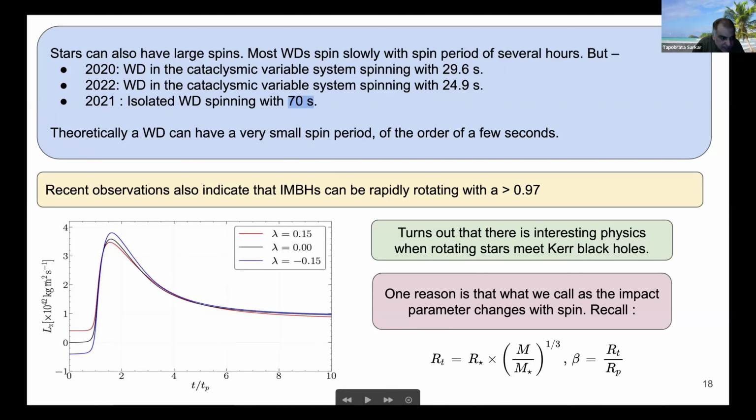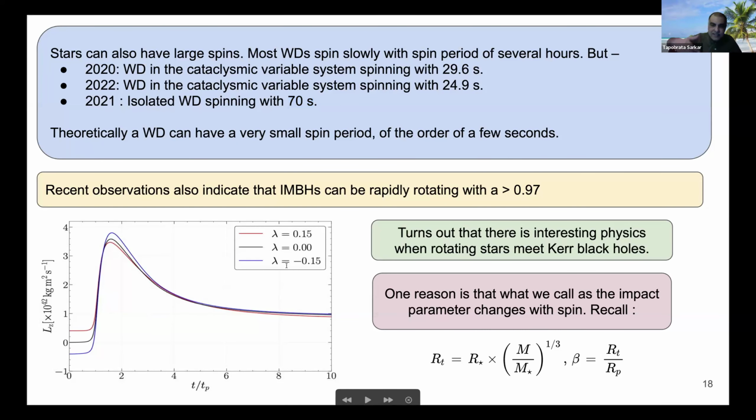And here I have shown, for example, the angular momentum of the core of the star when it is near the rotating black hole, and here the black hole rotation is taken to be near extremal, and this lambda actually means the fraction of the critical spin. See, because what happens is if you take a fluid body and spin it very fast, because of the centrifugal force, it will at some point just disrupt itself. So we are taking some fraction of that critical spin. That fraction we have taken to be small, that is 0.15.